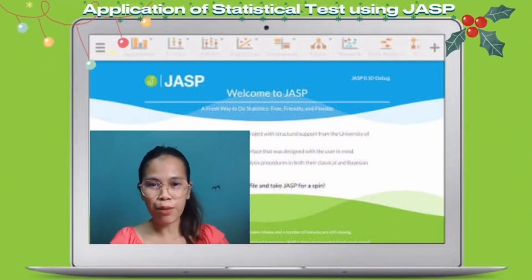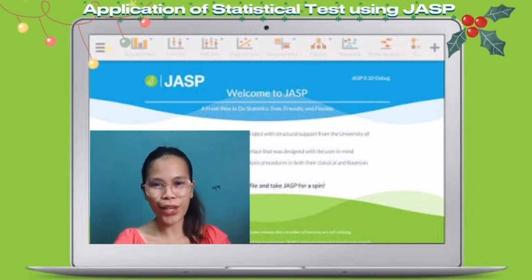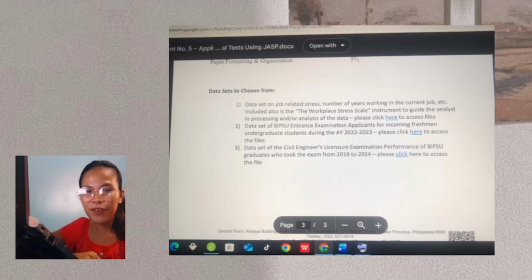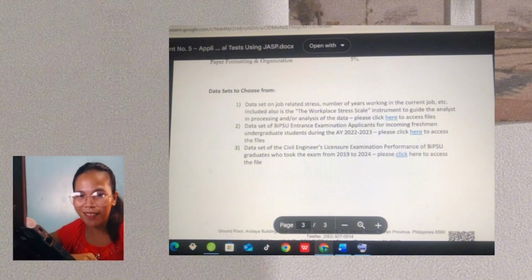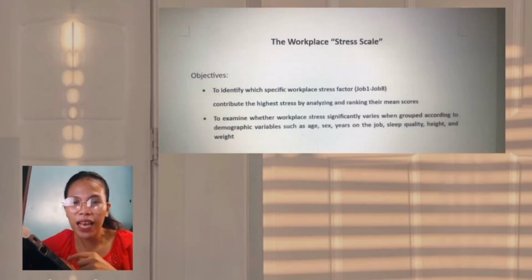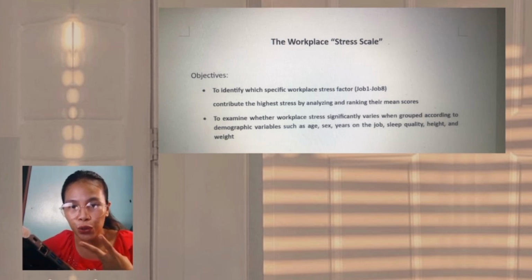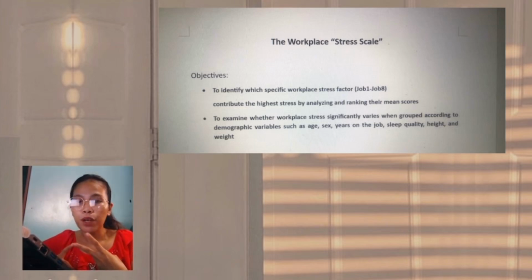So good morning. Today, I'm going to show you how to perform my statistical test using JASP. First, we're going to choose what data we need to use to get the result of this study. The data that I use is all about the workplace stress scales. So let us begin. Since we have already chosen two objectives for our study, the first objective is